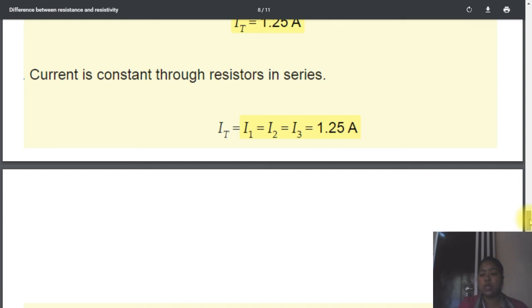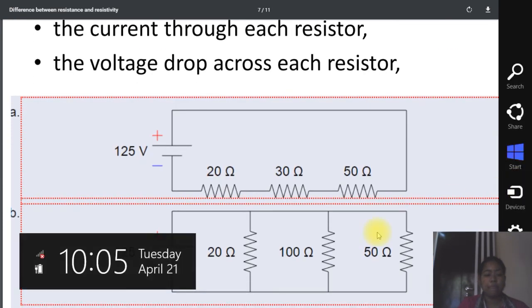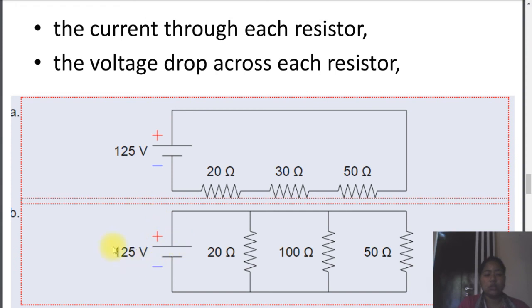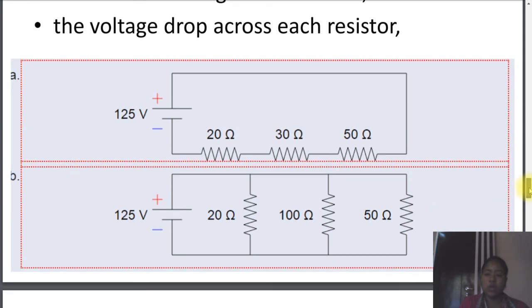Now we'll talk about the next diagram. This is our second diagram, and we have one point of this combination. All the one ends of all the resistors will be connected to one point of the battery, and all the other ends of the resistors will be connected to the other end of the battery or the cell. This defines when all the resistors are connected between two points only. So this defines a parallel combination. To calculate the equivalent resistance of the parallel combination, we have the formula 1 upon R equals 1 upon R1 plus 1 upon R2 plus 1 upon R3.